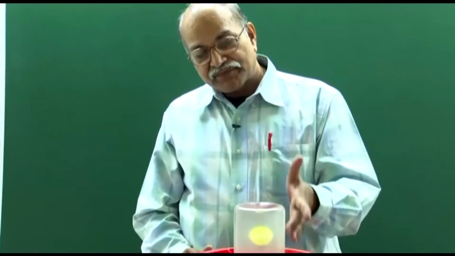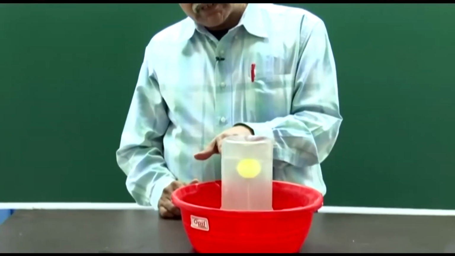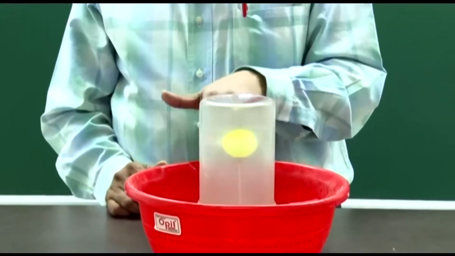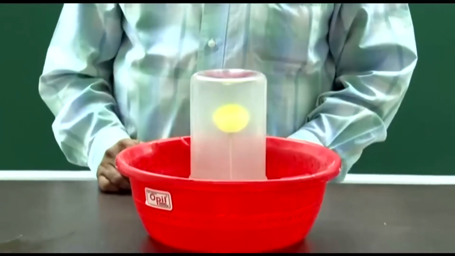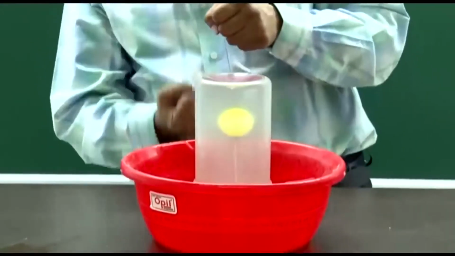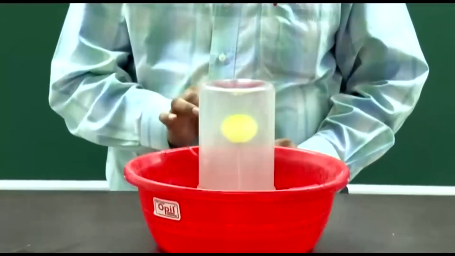Okay, so now another version of this experiment. In this you have water in this vessel, and you can see a tennis ball, and it is fastened to the bottom through a string. So, since it wants to float and we have forcefully kept it there, the string is tight, there is some tension in the string.